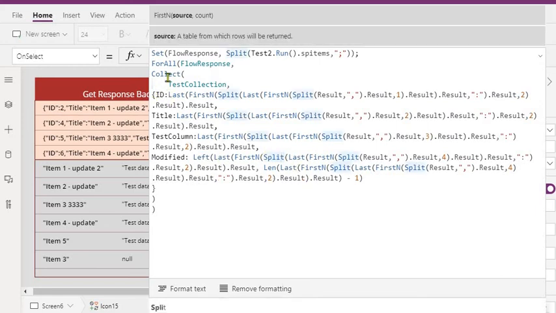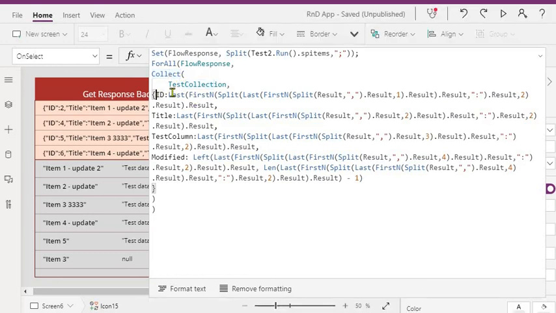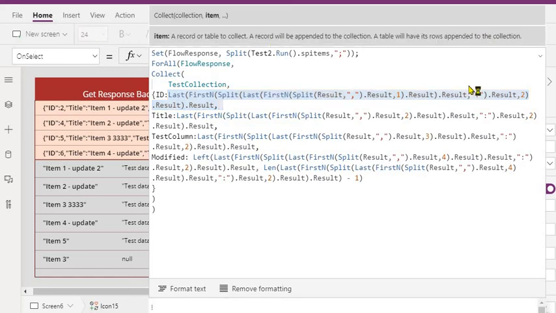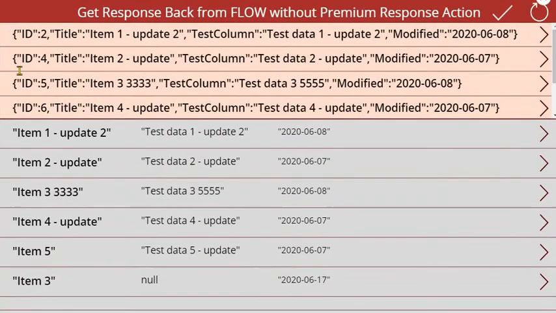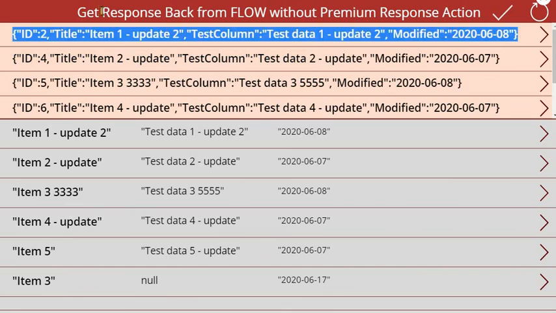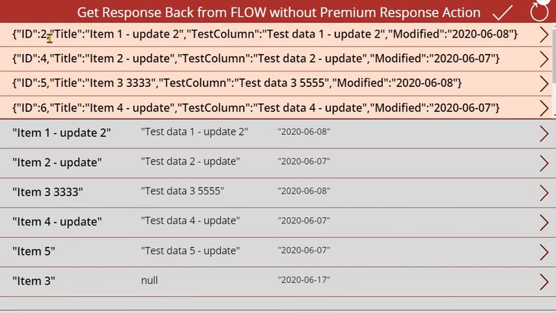So we are using this inside this Collect function. We are splitting the record to get each and every column value. Let me just run this again. This is one record with all the columns in it, comma separated.